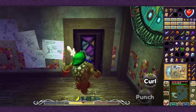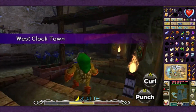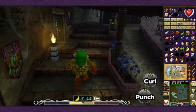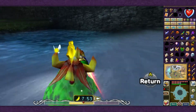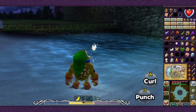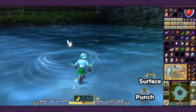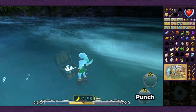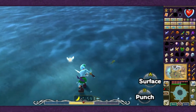Next, we need to head to kind of southish Termina Field, somewhere between Woodfall and Great Bay. So there's this kind of pool of water here. Oh, spat on the microphone, sorry. And if we, oh yes, of course, Goron Link can't swim. If we Zora up, then we've got a couple of useful things here. There is a chest which contains finances, which I'll never frown upon. 20 quid, not to be frowned upon, and then we can also grab,